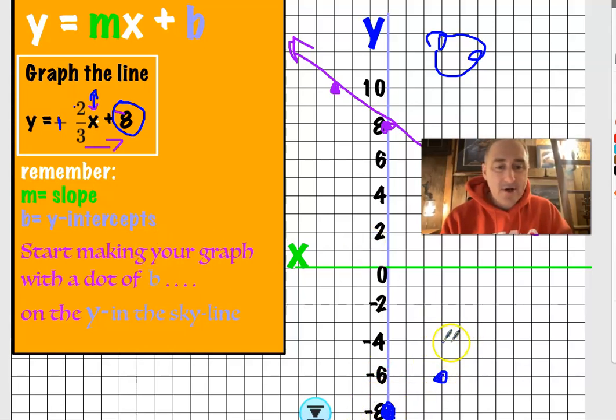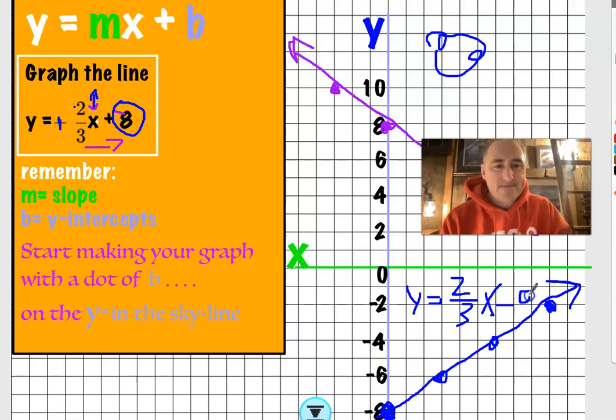Up 2, 1, 2, over 3, 1, 2, 3. I could go up 2 more. 1, 2, over 3, 1, 2, 3. Oops, right there. And now I have enough room and enough points to see a pattern. And I'm going to draw a line all the way through that pattern. So this is the line y equals a positive 2/3 because it's going uphill. That's 2 over 3 x with a negative 8 because my begin is at negative 8,